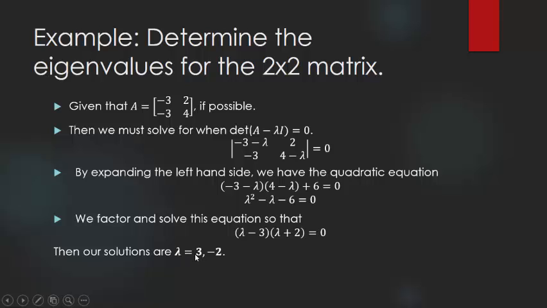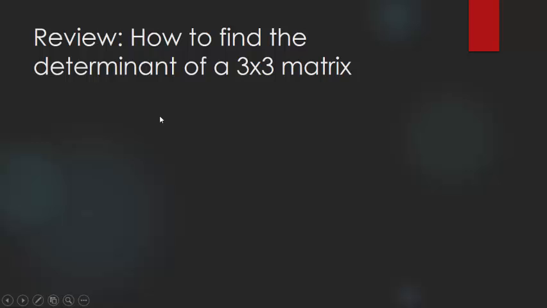So lambda is equal to 3 as well as lambda equals negative 2. So this 2 by 2 had 2 different solutions for 2 different eigenvalues. I'm going to do this next for a 3 by 3. And I just want to remind you, if you haven't seen this before, how to find the determinant of a